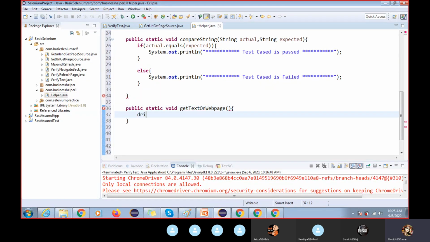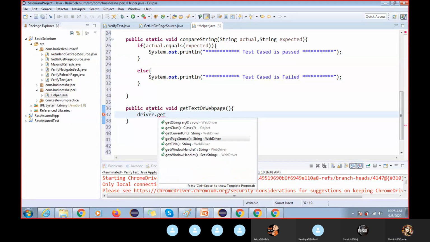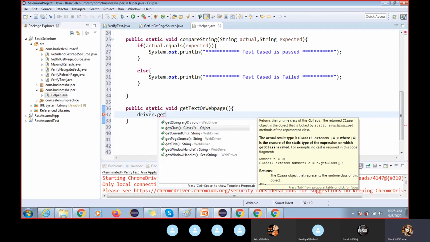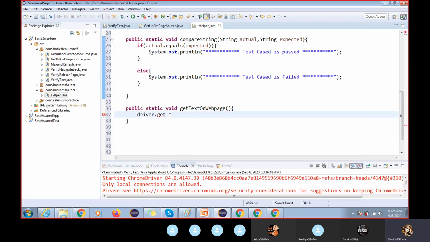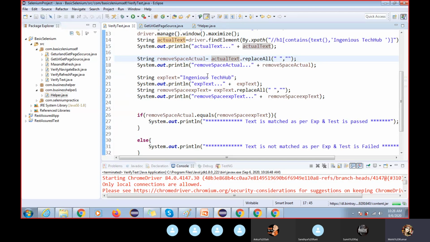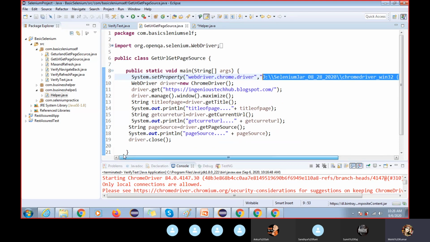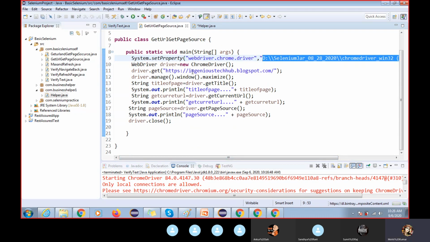So here driver dot get text, where is this? No, it is not there. Get title is there, but here we need to pass. I'll tell you later how to create a method for get text, so I'm not going to create it now, because I need to check how we are going to pass this web element. So what I'm going to do here is modify our code.